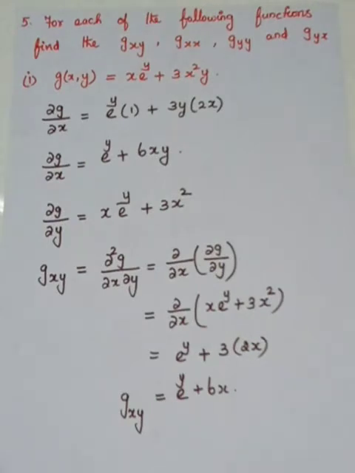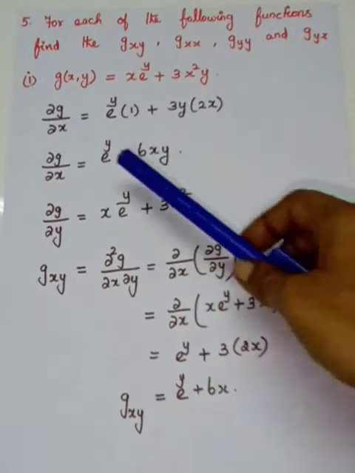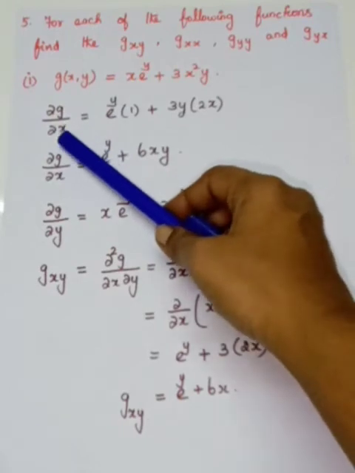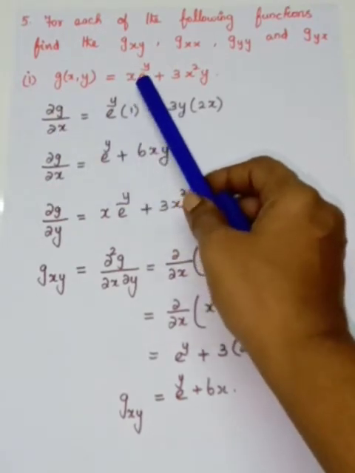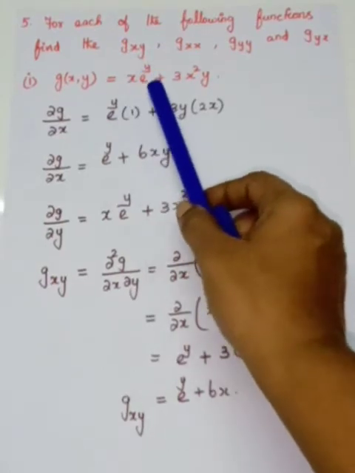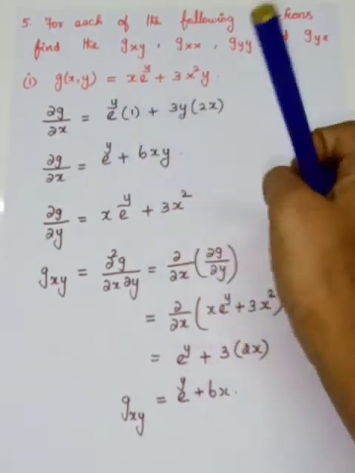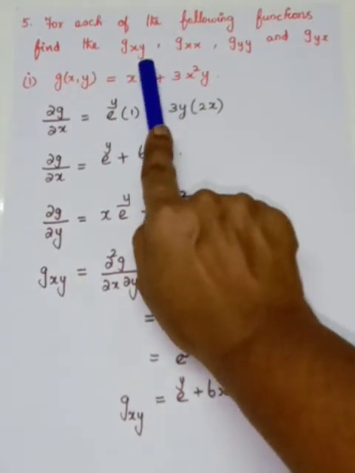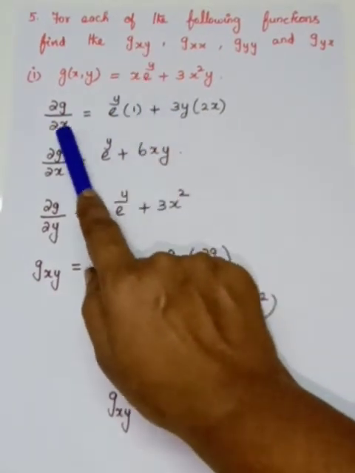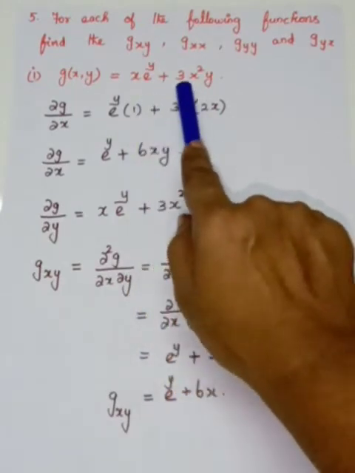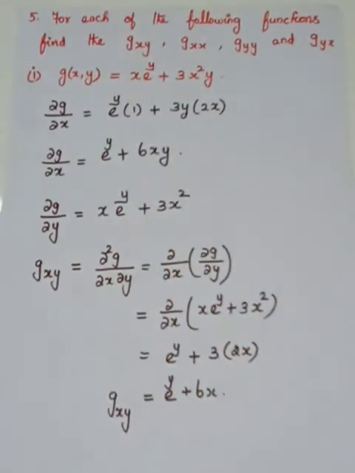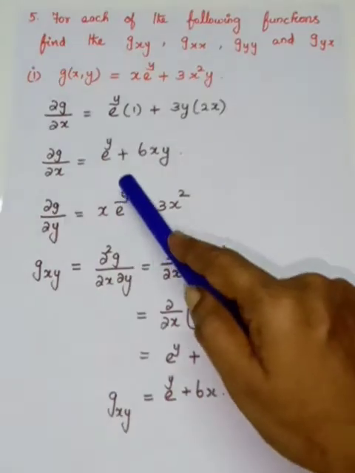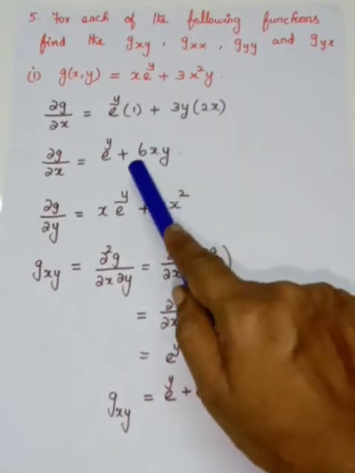When you go for the second order partial derivatives, first we have to find the first order partial derivatives. So I am going to differentiate g partially with respect to x. See here, x e power y. From this term, what is constant now? e power y is a constant, so it is taken out. What is remaining here? x. If you differentiate x with respect to x it is 1. Plus, go to the second term. What is a constant here? 3y is a constant. What is the remaining term? x squared. When you differentiate x squared with respect to x it is 2x. So you will get e power y plus 3 twos are 6xy.